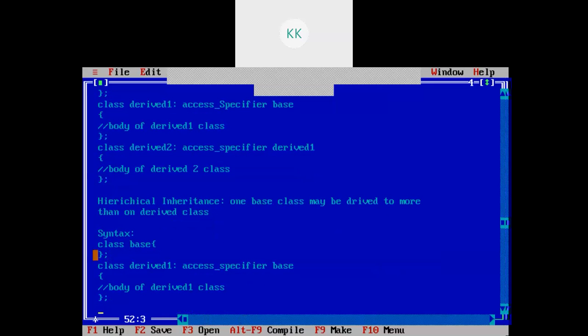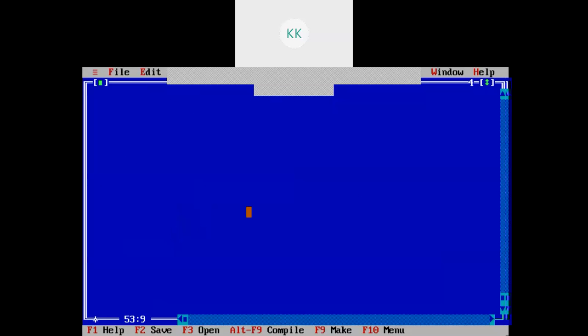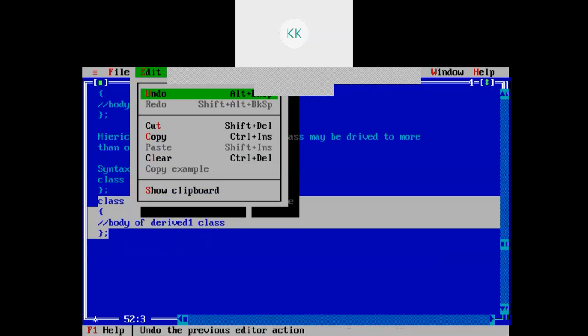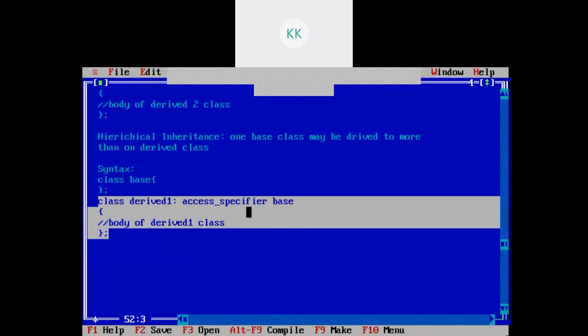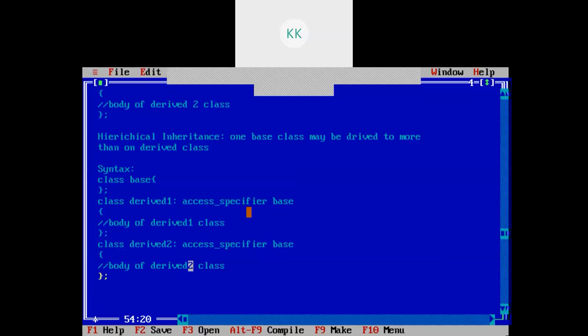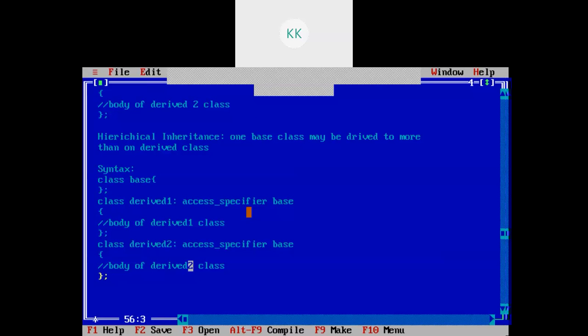Similarly, we will derive this same base class to derived class 2, like this.